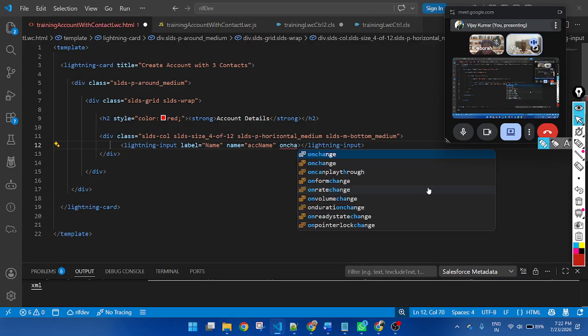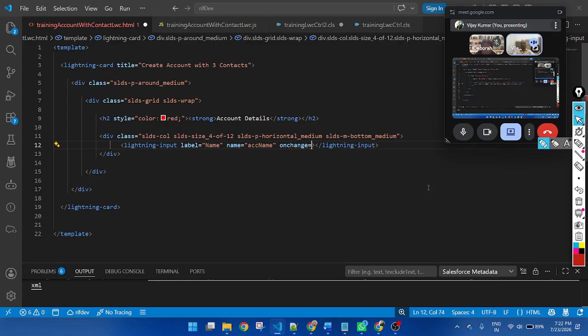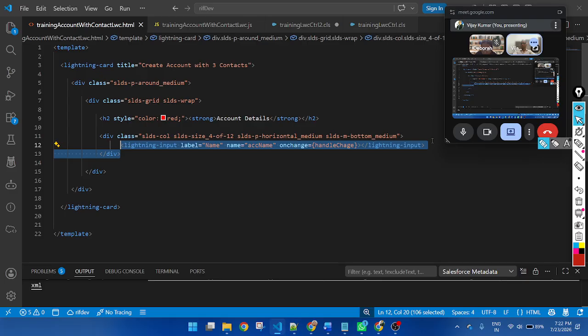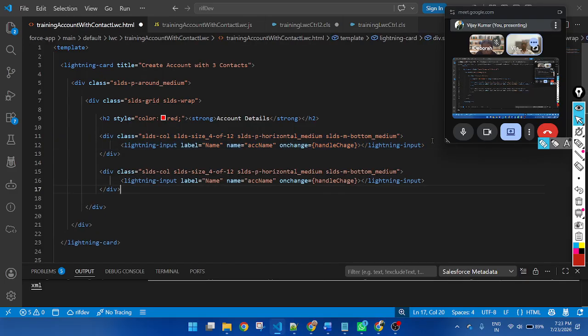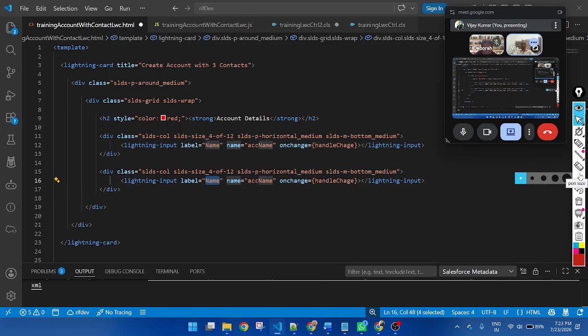And an onchange function will apply to get the current value. So now copy this div and paste. Second is phone, account phone.